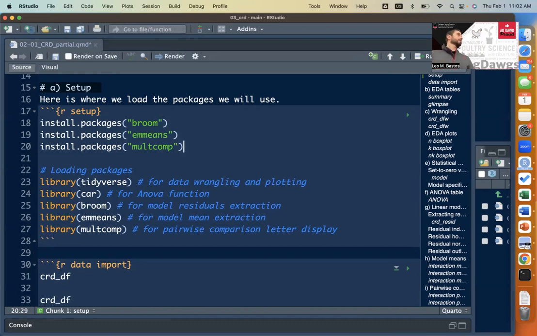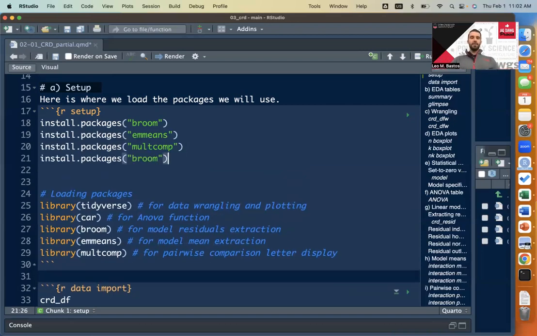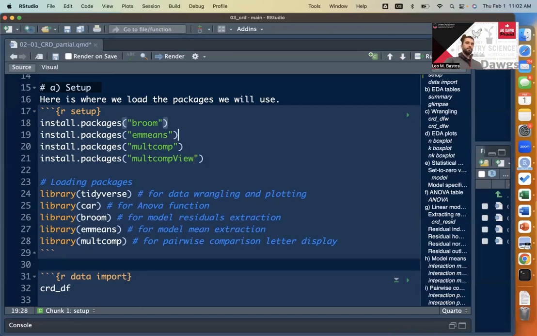Perhaps, I know that even though we install multcomp, there's also a package called multcompView, which if I remember well, installed along with multcomp, but if it's not, you need to install it. It's called multcompView. A refresher here is that install.packages, we only run once for that package, right? So once you